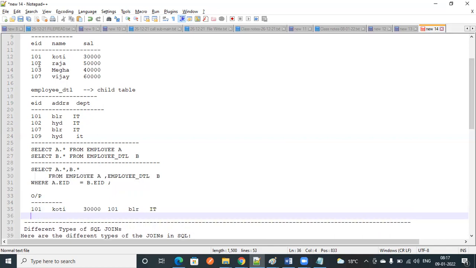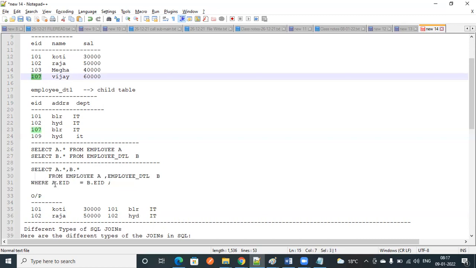After that, 102 is present in both the tables. So 102. Then 103 is not present in both, so leave that one. Again, it will check, 107 is present.